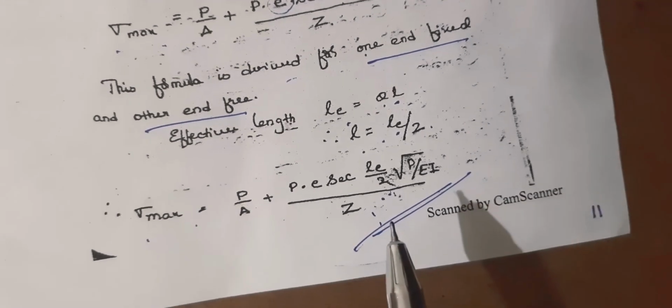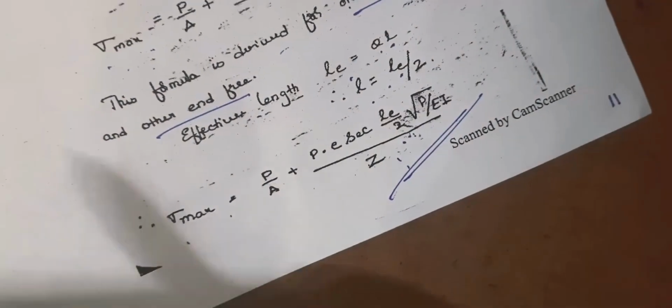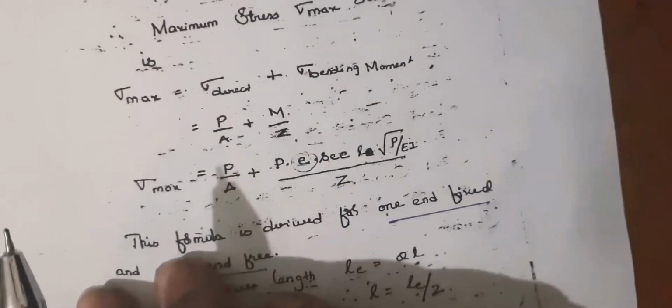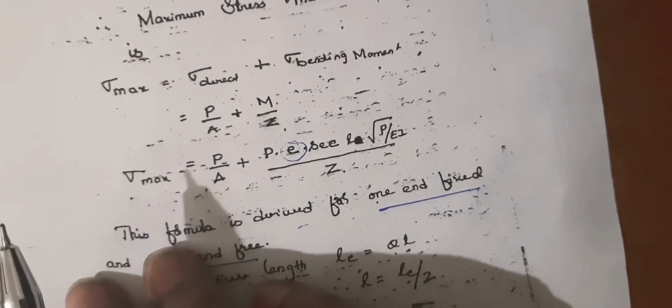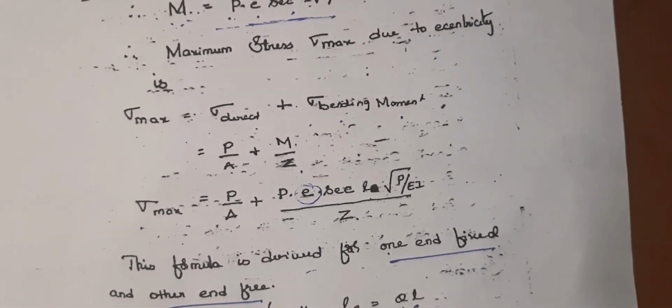Let me explain one more problem based on Euler's theory, eccentric loading. I will give you some more problems to solve from the textbook itself, so try to solve them and find the answer. These are not that difficult, just simple substitutional problems. You just need to know which equation, which expression, you need to use. So let us solve a problem.